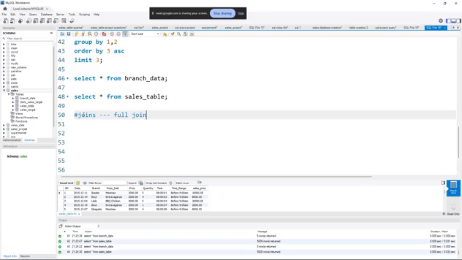Everything must appear. I must be seeing everything in such a way that even if in table A,